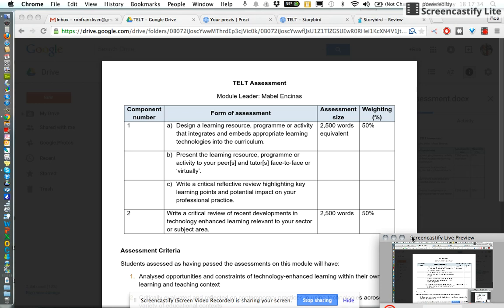So I'll be presenting very briefly and giving you a whistle-stop tour of a particular learning resource, and ultimately this will form part of my critical reflective review, which will highlight key learning points and the potential impact on my professional practice as a literacy leader and deputy head primary practitioner. Okay, so ultimately I'm looking at a resource,